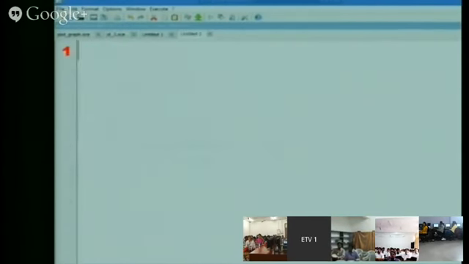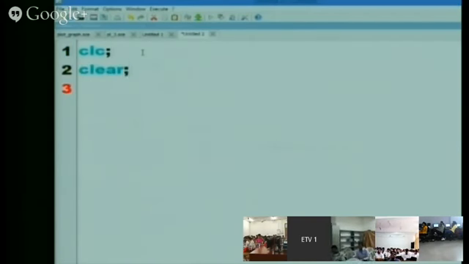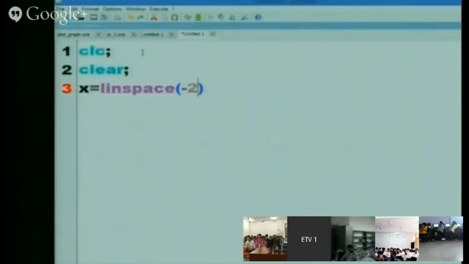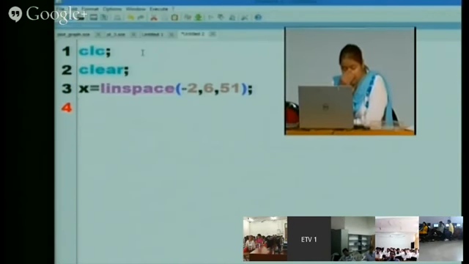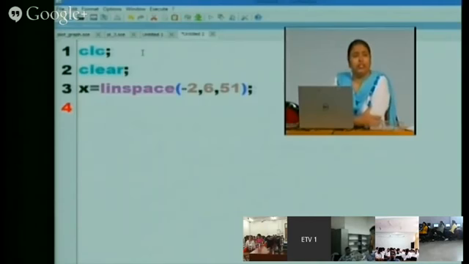So next we are moving towards the axis properties, right? Now what this command says: the x variable is being created. linspace means linearly spaced elements will be created.